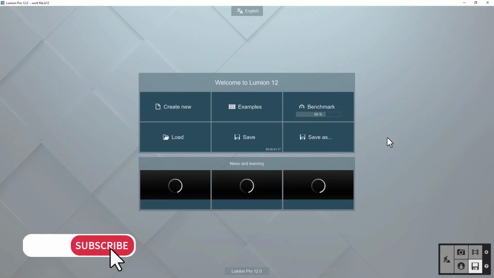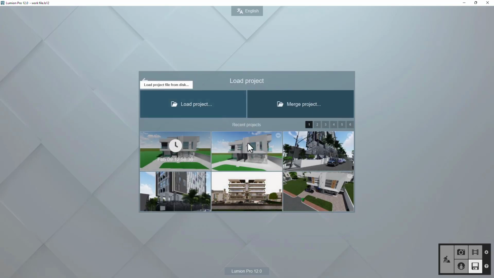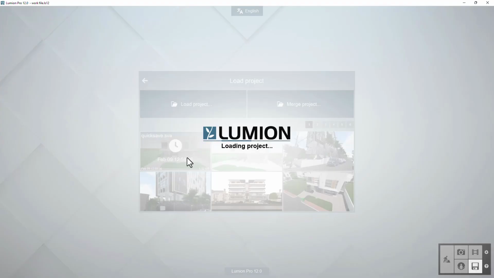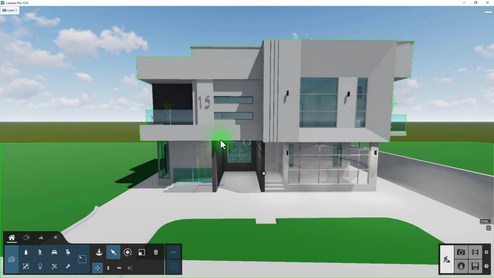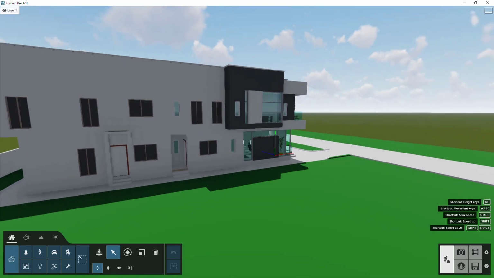And in today's class, I'll be talking about how to apply material to your model. From the other class, class one, we've been working on a particular model. So I'll just load in the file from here and you can start applying materials immediately. Okay, so yeah, this is the model we worked on